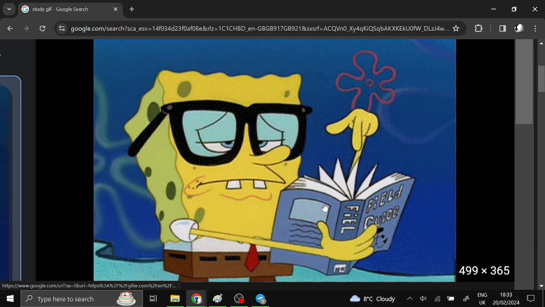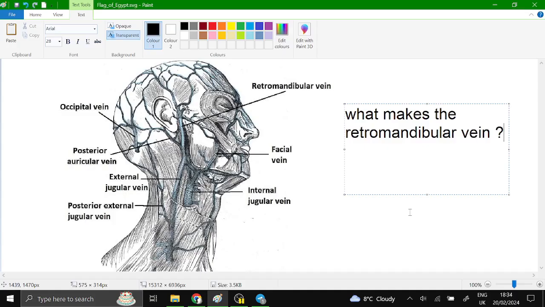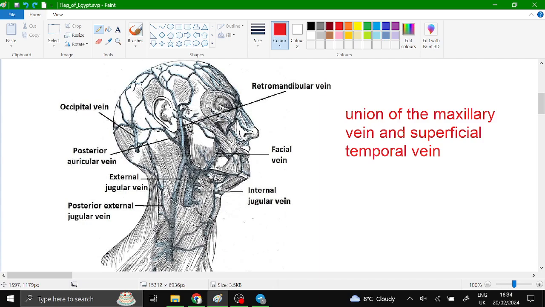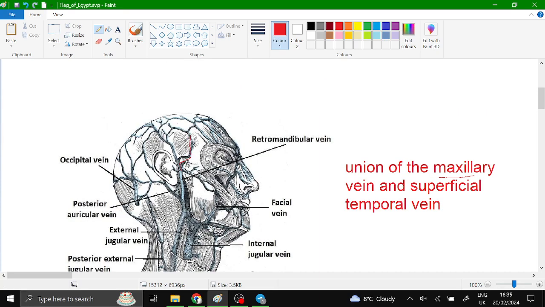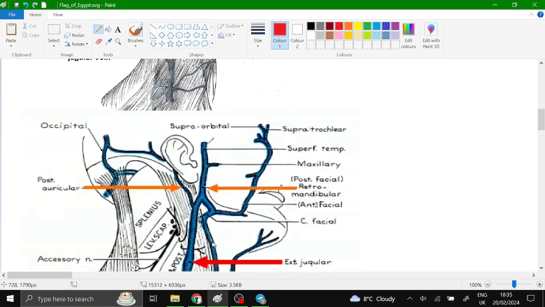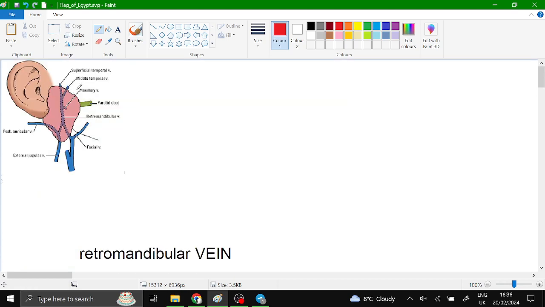Okay, let's study a little bit about the retromandibular vein. So what makes the retromandibular vein? It's formed by the union of maxillary vein and superficial temporal vein. So this is the superficial temporal vein, and it goes down and unites with the maxillary vein, and they both make the retromandibular vein. The retromandibular vein goes inside the parotid gland,